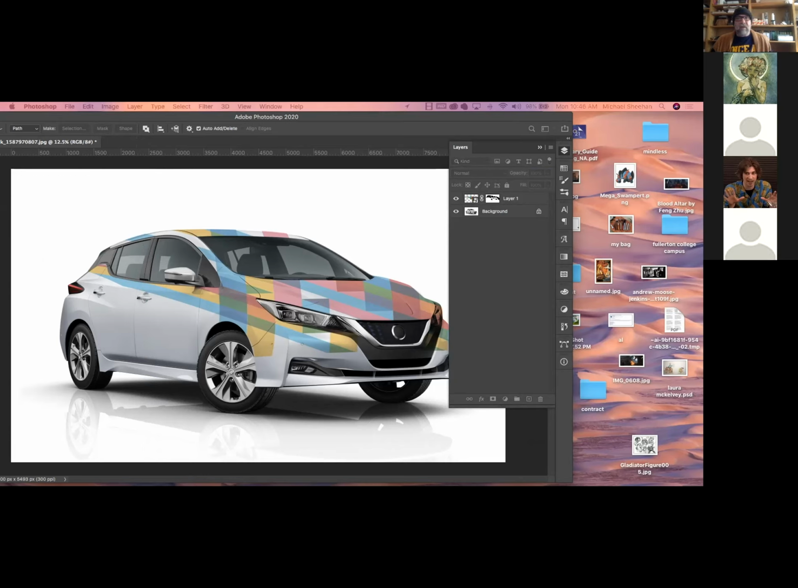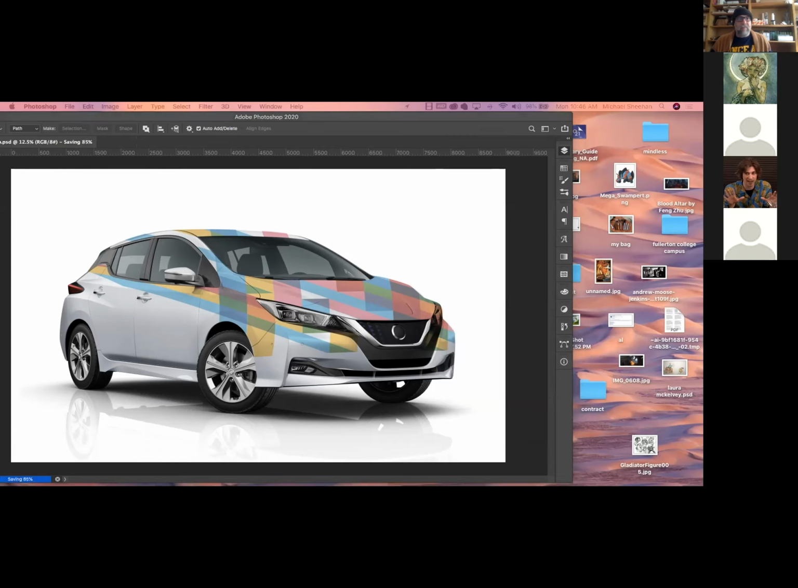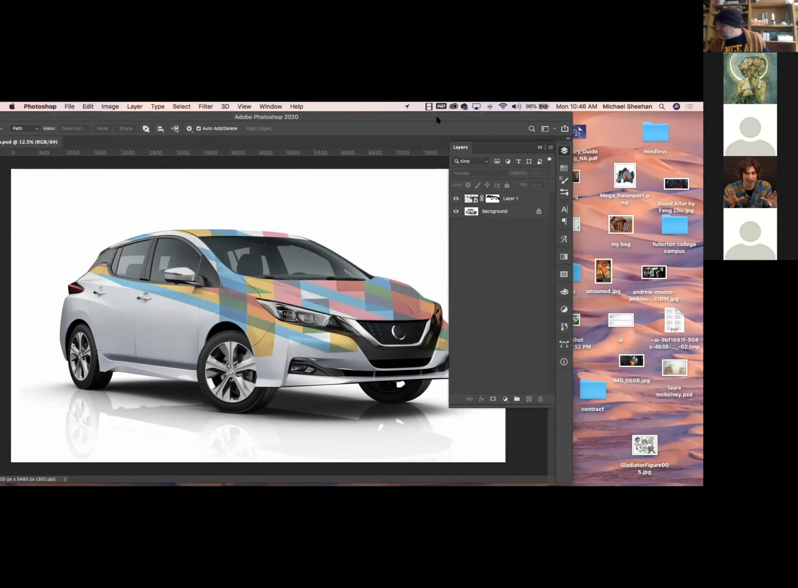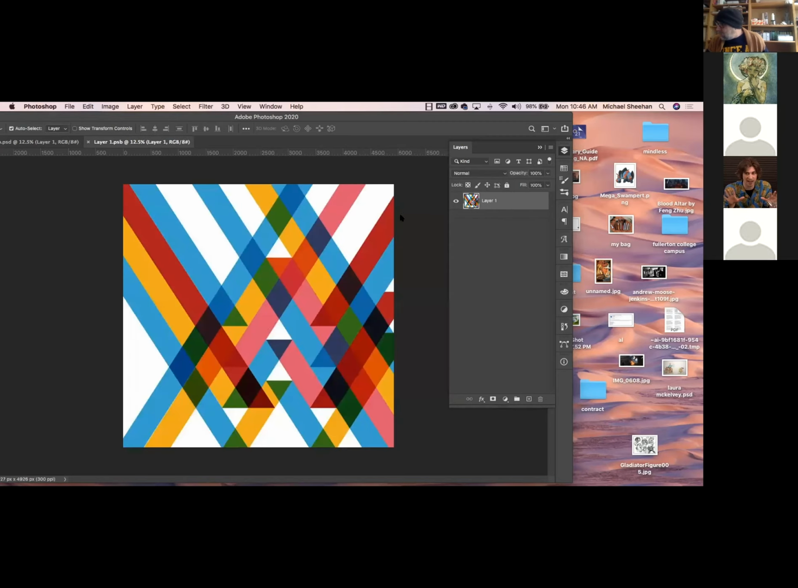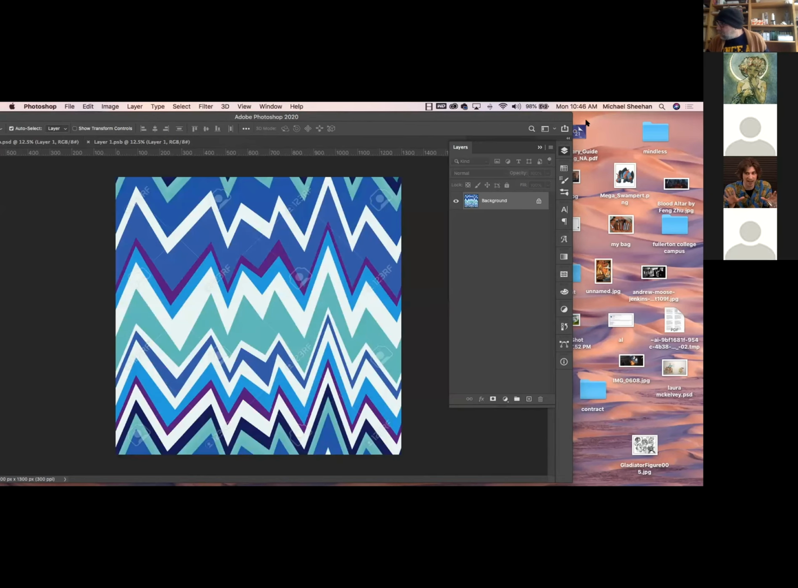If I want to give this another paint job, what I would do is, okay, so now I want to alter this paint job, correct? Yeah. So I'm gonna double click the little icon, and there's where the original pattern lives, right? Mm-hmm. And I'm gonna open up this ugly pattern, and I'm gonna take it,